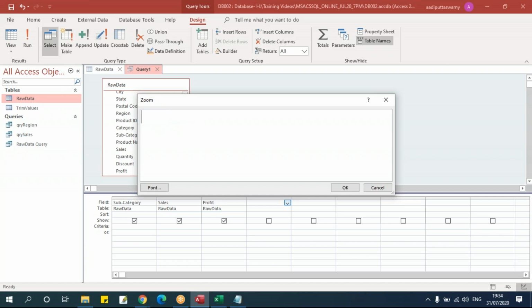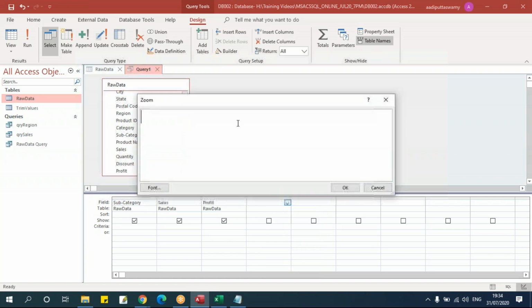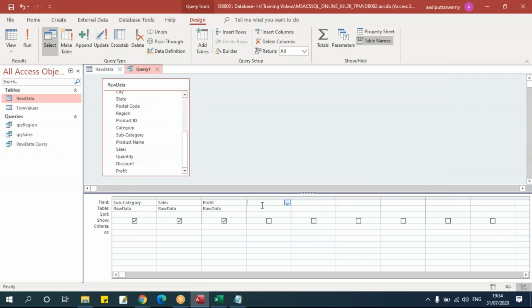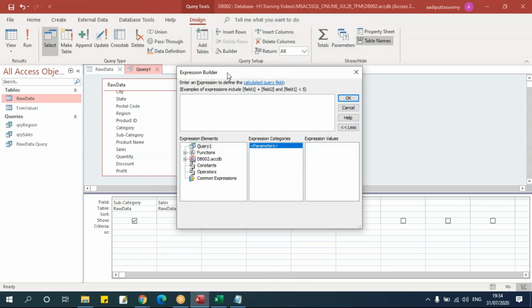So if you think that you want the parameters, then we have one more option of writing these functions. How? What we'll do is, instead of writing the formula directly here in this column, or right click and go to this zoom and then write the function, right click and use this Build. Build is actually an expression builder, meaning the formula builder. Let's go and I'll click on this. I'll get one window here like this.